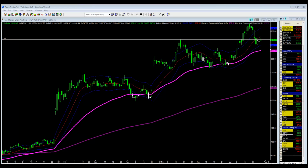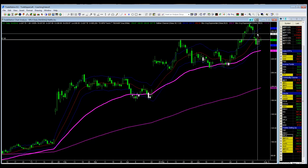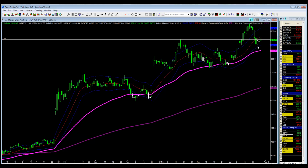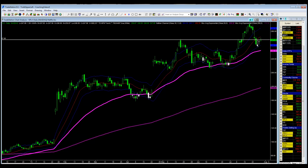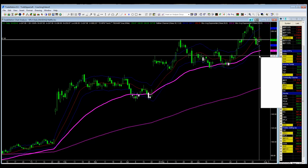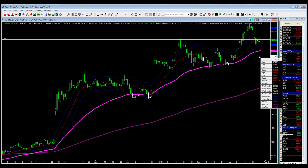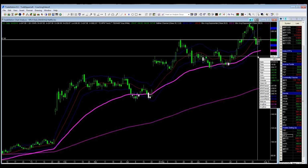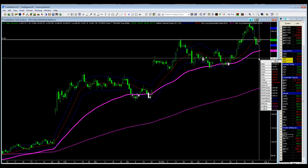Apart from that, we've got two consecutive inside patterns. You see this right here? This high is lower than the prior bar's high, and the low is slightly higher than the prior bar's low. And then Friday, we created another inside pattern. The high of Friday was lower than Thursday's high, and the low was higher than Thursday's low as well. So we've got two consecutive inside patterns. Friday's high was